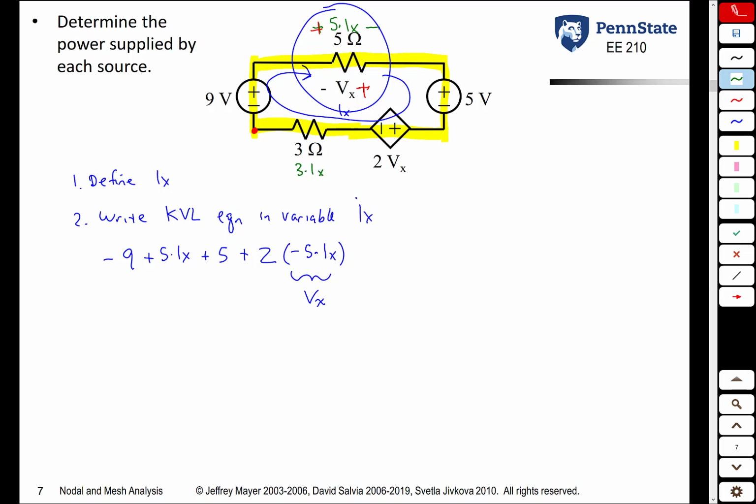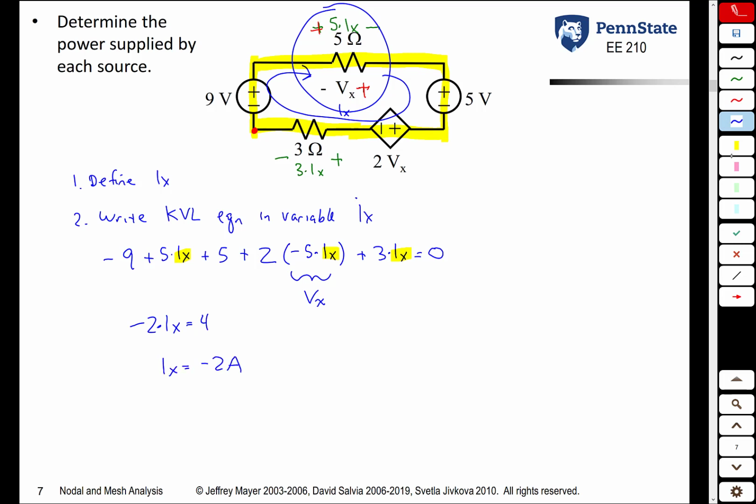But what's the orientation of the plus and the minus? Ix through that 3 ohm resistor is going from right to left, so the plus is here and the minus is there. So we get plus 3 times Ix is equal to 0. Notice we have an equation, and the only variable in the equation is Ix, which we can now solve for. Specifically, we get minus 2 times Ix is equal to 4, or Ix is equal to minus